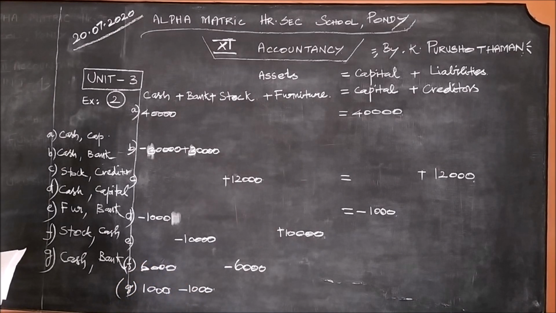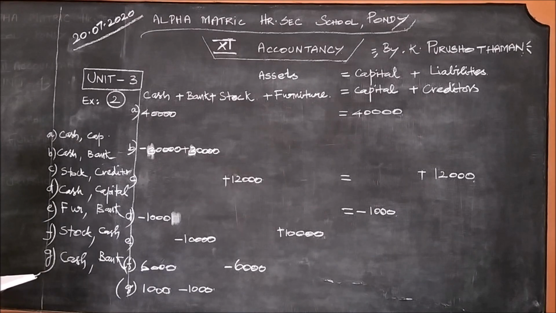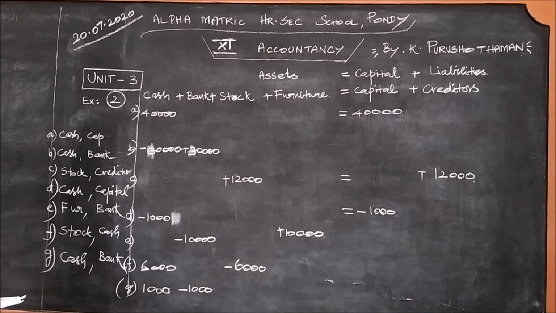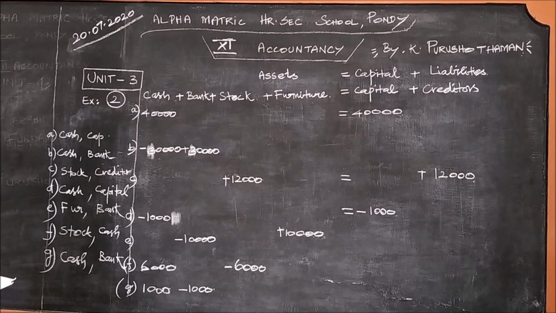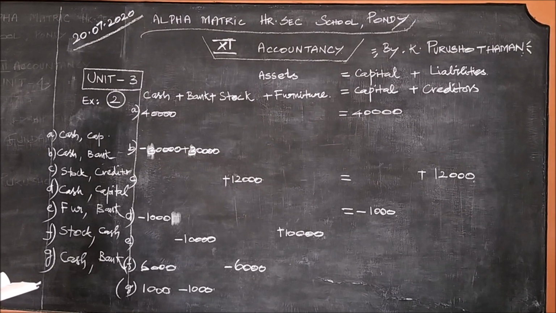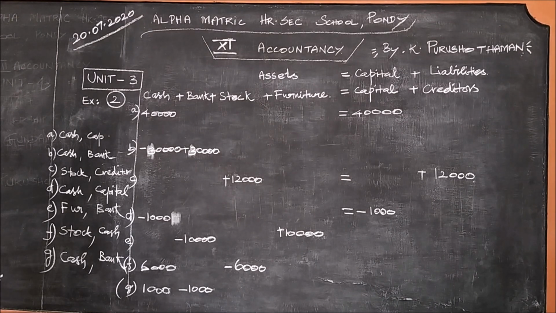The next item, money withdrawn from bank for office use. We should remember very carefully, when the money is withdrawn from the bank or from business for personal use, it is drawing. So, it decreases either cash or bank and capital. Once we invest the money, நம்ம பணம் போட்டிருக்கோம், பணத்தை போட்டோம்னா போட்ட பணத்துலேருந்து நம்ம எடுக்கிறோம்னு வச்சுக்கோங்க. அப்போ நம்ம போட்ட பணம் குறையும் இல்லையா? So it will decrease the capital. That's what we have done.